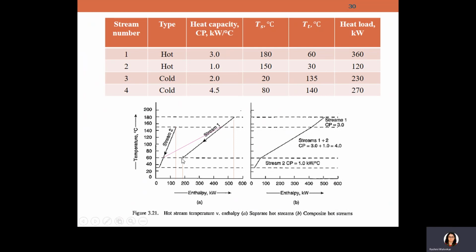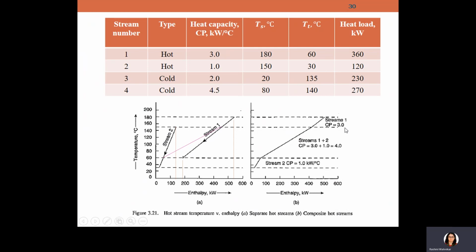Now look at this. This area is the common overlapping area. So I need to connect these two. What I will do is draw a line from this point until this point. It's something like an average line between the overlapping area. And then I just remove the other part and draw a continuous composite curve. So this part, then the pink line, and then followed by this. It means this amount of heat can be exchanged between them; it's common between the two hot streams.